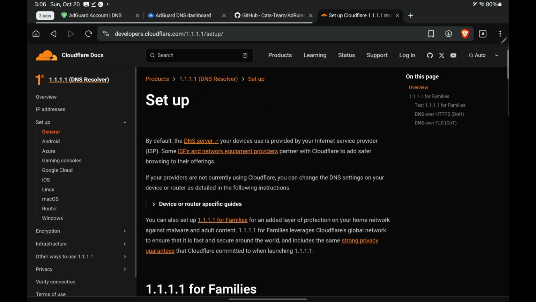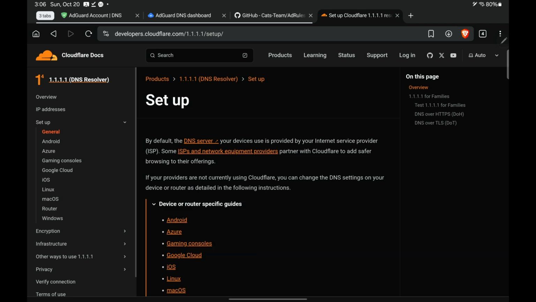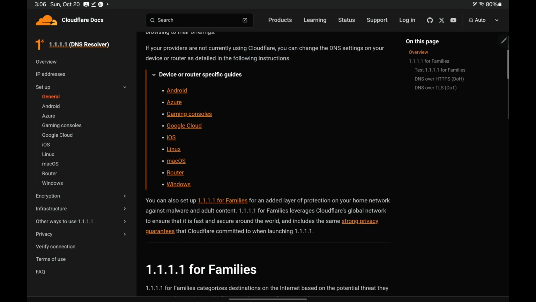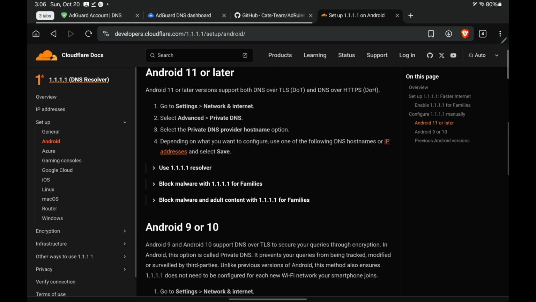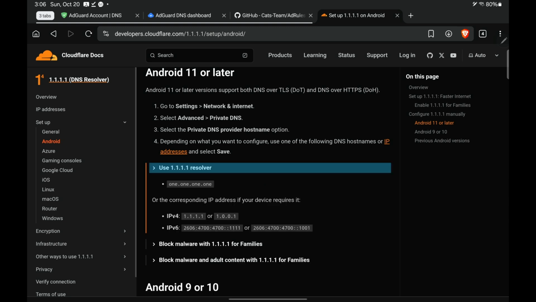So on this page for setup, there's this area that says device or router specific guides. If you click on that, or I'll tap on it, it gives you a guide for Android, gaming consoles, Google Cloud, iOS, Linux, macOS, a router, and Windows. And if I click on any of these, so if I click on Android, then it is going to walk me through